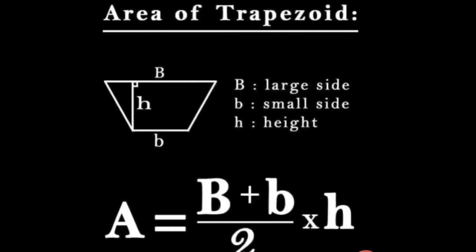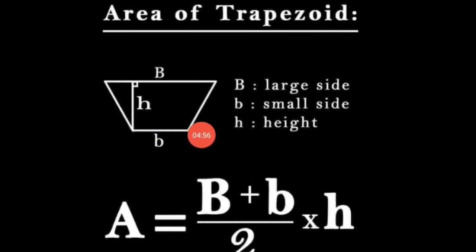The next one is the area of trapezoid. For finding the area of trapezoid, we have to take the large side with the small side and with the height, and divided by 2. Here, if you look at this